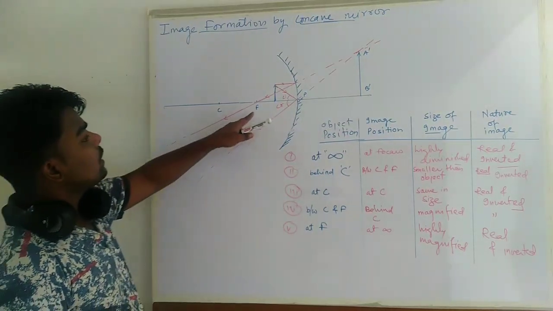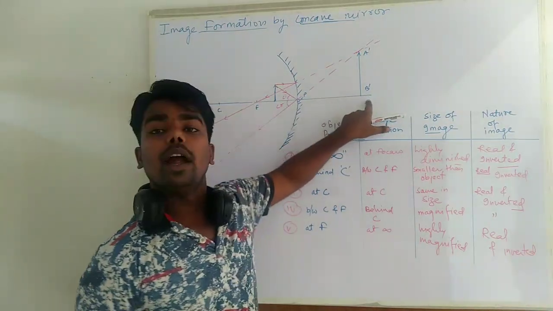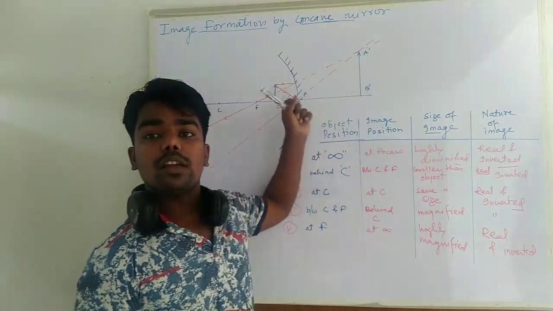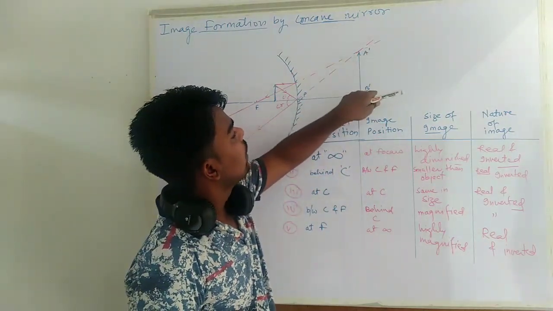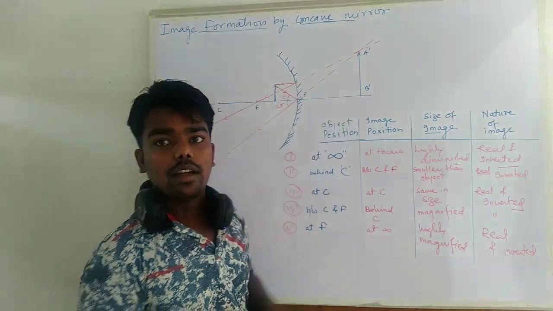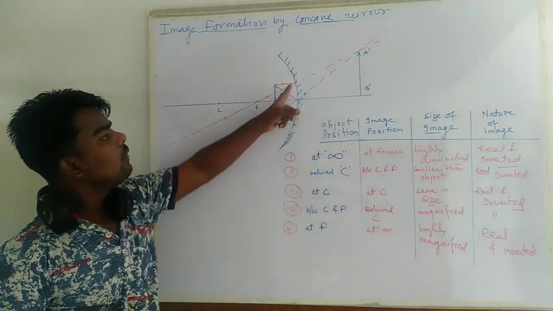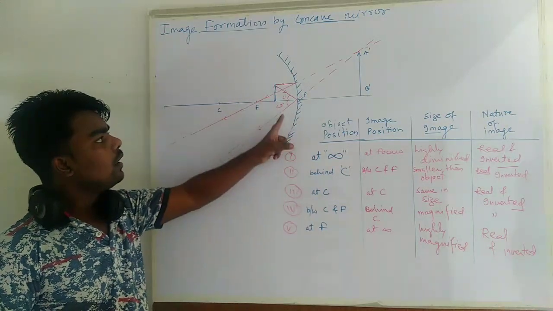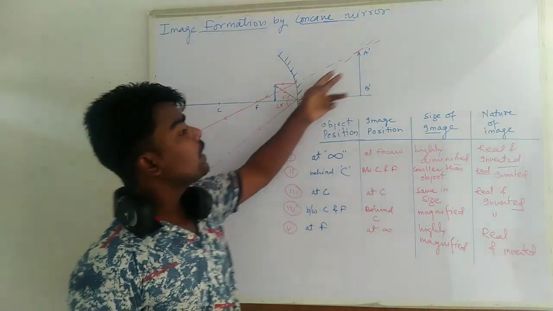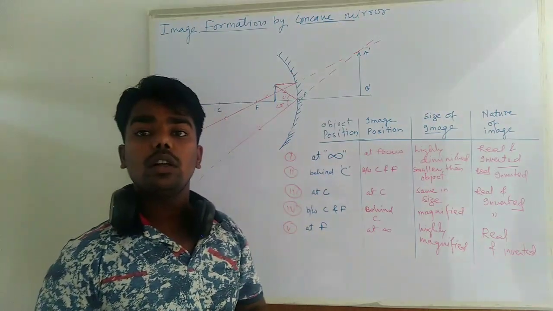So if the object is placed between P and F, the image is forming behind the mirror, and the size of the image is also greater than the size of the object. This image will be real or virtual. How can we say? A real image forms when the light rays are intersecting in real, but here both reflected light rays are not intersecting in real. How are they intersecting? Virtually. So the image in this particular case will be virtual image.